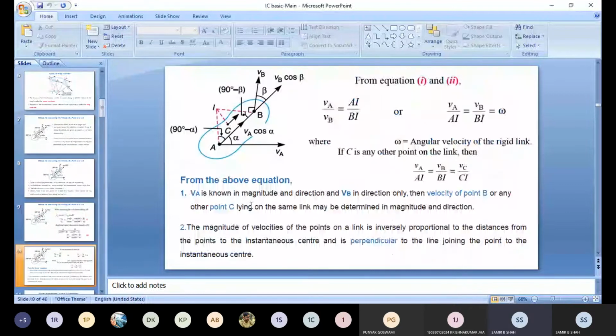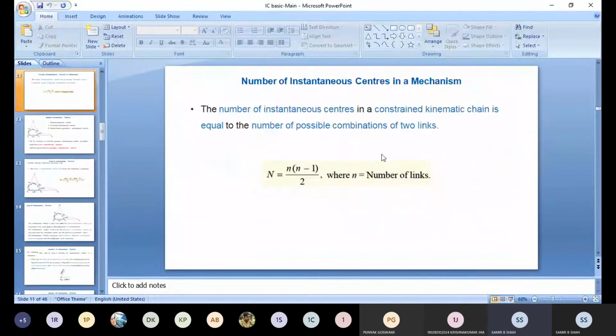Now today, we proved an equation that VA by AI is equal to VB by BI is equal to VC by CI, where A is the link whose velocity we have to find. We will use this equation in the example and in the next theory also, so be ready and focused on the next theory. Today we will give some problems near to what we want to solve, if possible today, otherwise in the next lecture.